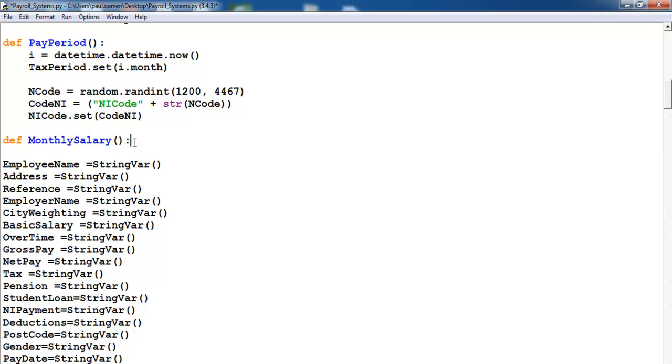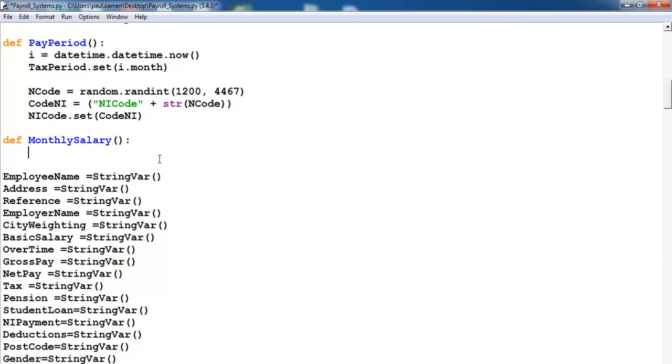Okay, so let's declare a variable there. Underneath there we need something to hold on to the basic pay or basic salary here. So let's go for BS